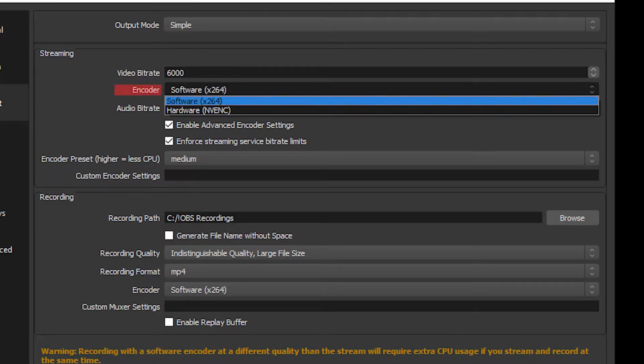The encoder you choose will depend on the hardware in your computer. Software X264 uses your CPU, which is a good choice if you have a powerful processor with a lot of cores. Hardware encoders will depend on your graphics card brand, but utilize the power of your graphics card to process the stream. If you have some extra headroom in your graphics card performance and your CPU is maxing out, you